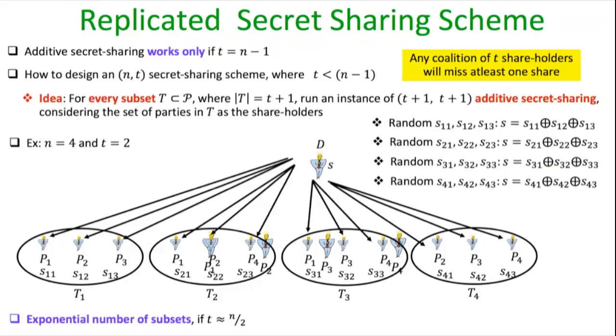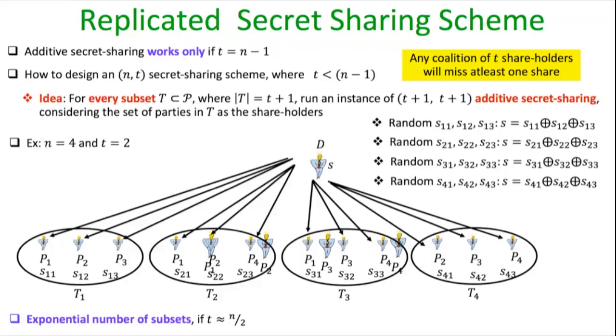And if I consider any set of T plus 1 shareholders, they will be able to get back the secret because there will be at least one group where those T plus 1 shareholders will be the only participants where the secret has been shared, and the shares with respect to that group will be sufficient to recover the secret. So even though this is a very simple solution, the downside of this approach is that the number of